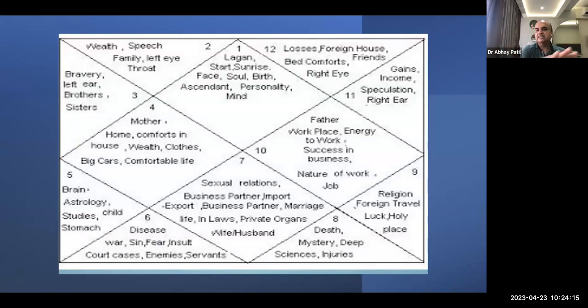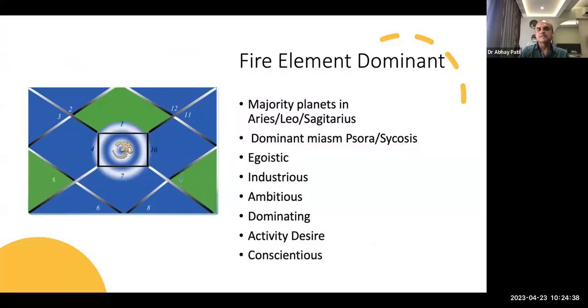So this is in a nutshell. This is everything I have written. So you can take a screenshot of this, or you can go through the video. So everything, whatever each house represents, is given in this chart. So now, if you have got first step, which I go through, just see the chart for a minute and